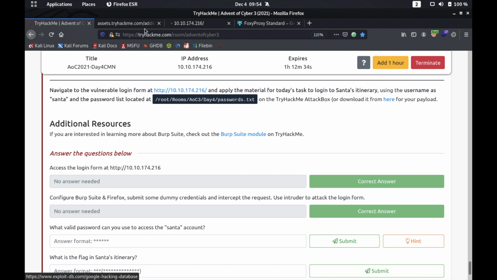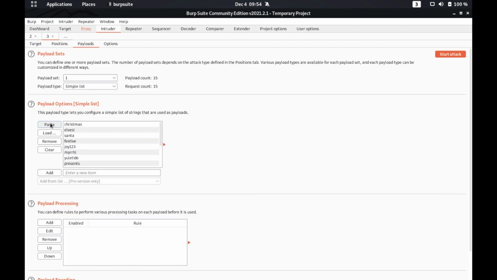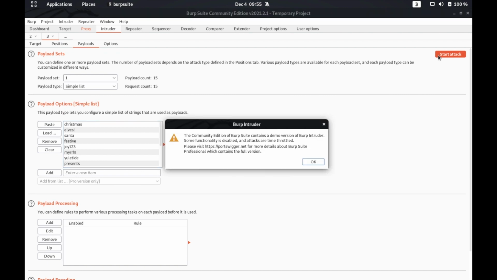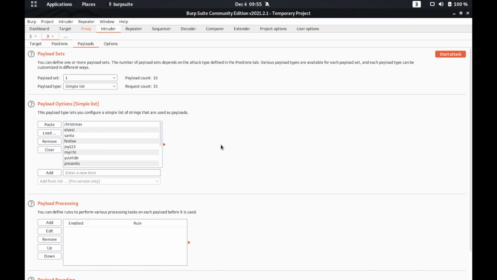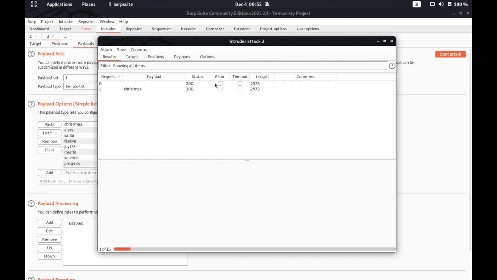When you click here, you get this page. It has listed the possible passwords, one of which could be the password. So we just copy this, go right here and click on paste. After that you can click on start attack and it will start. If you are using the community edition of Burp Suite, it might take a little more time than the professional because of the time limitation that has been set by PortSwigger, who are the creator of Burp Suite.